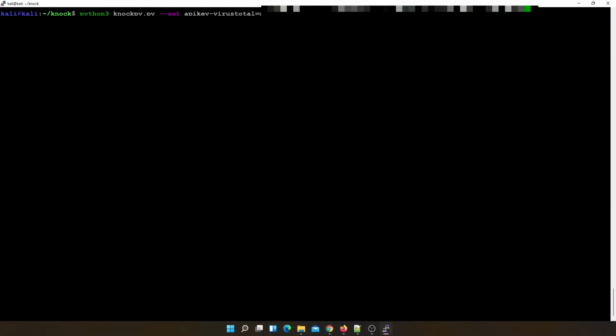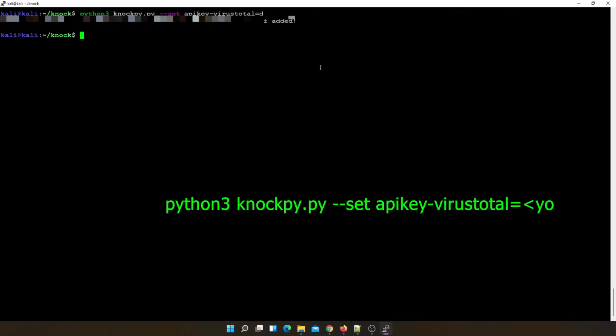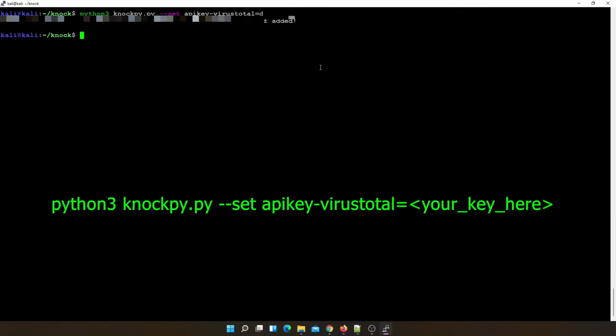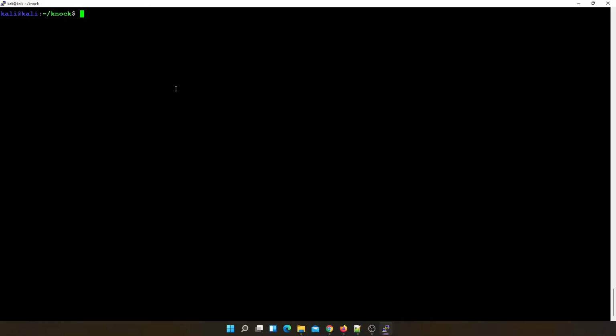Okay, so I will just add my VirusTotal API key here, and this API key will be used for further scanning, as we saw in the previous part how many results we have before adding the VirusTotal API key. Now I will be adding the VirusTotal API key. Right, the key is added, and I will be masking the key actually. After setting the key, we will be running the scan again. That is, I will be adding Red Bull.